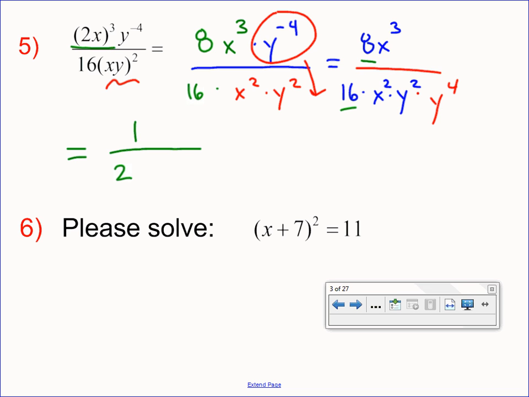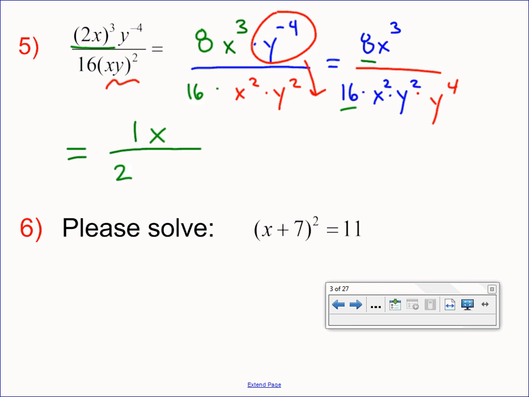Now I'll go ahead and focus on my x's. Do I have more x's on top or on bottom? Adam? By how many, Margot? 5, 3, 2, 1. By 1, and so my final answer will just have x to the first on top. Good. So I've taken care of the 8 and the 16, the x cubed and the x squared, and then